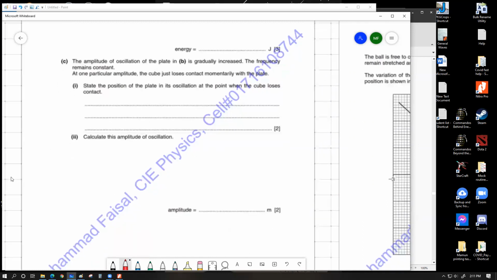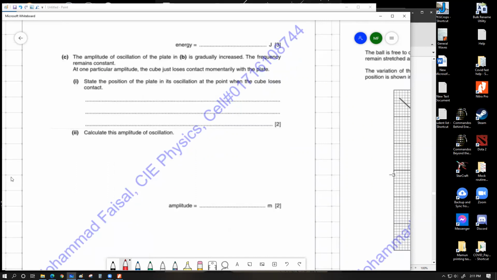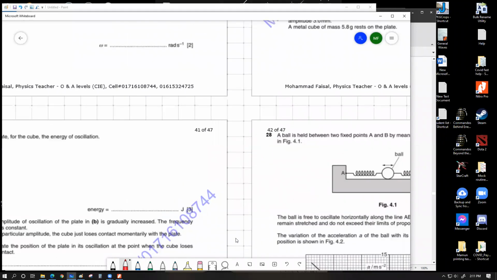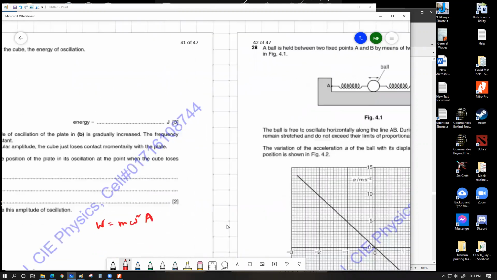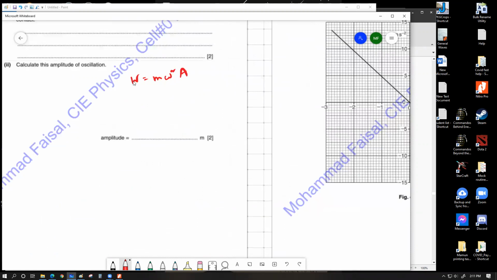Okay, number 2 says calculate the amplitude of this oscillation. The mechanism to calculate the amplitude is very simple. We simply have to write that W equals m omega squared a. Now we can easily find this omega. We found the frequency a little while ago, the frequency was given, where was it, 4.5. So omega equals 2 pi f, substitute it here. W is already there, so W equals mg. You don't have to bother to replace the m. You can write mg equals m omega squared a. The m crosses out, so all you have to write is 9.81 equals omega, which is 2 pi f,